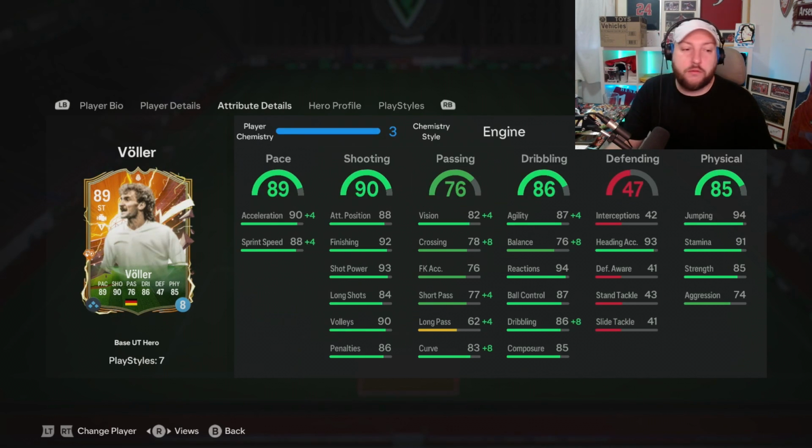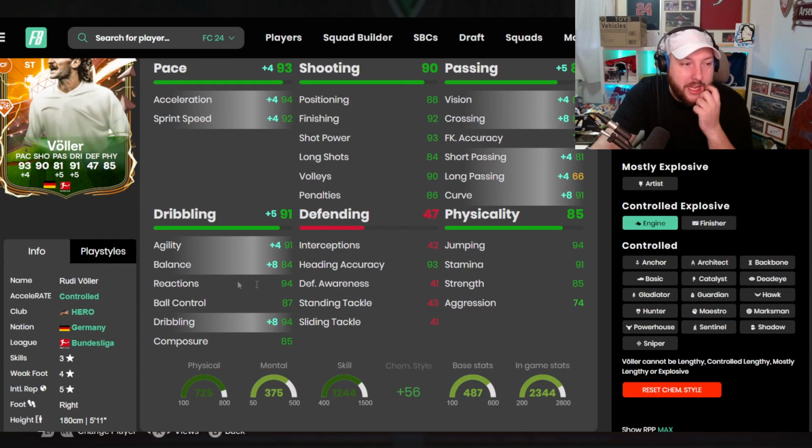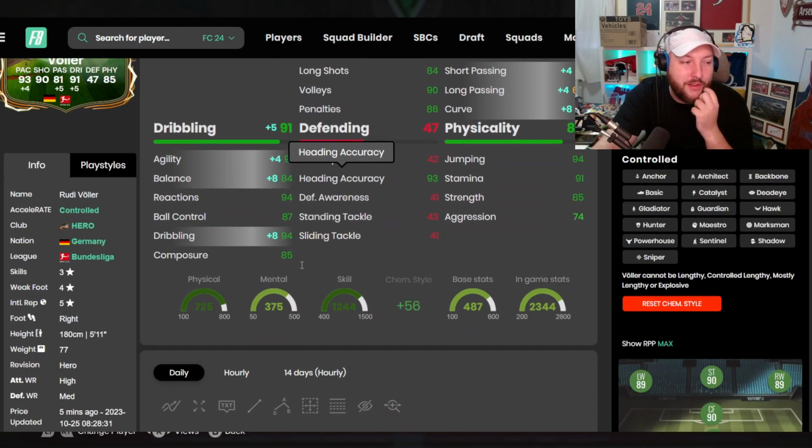In terms of chem styles, we went for an engine, and that's basically to deal with the balance. Now, I've already played a few games with him, and when we go for an engine, it just makes his left stick dribbling a lot better. And not only that, it gets it up to 84, which is a little bit better for someone that's 5'11",